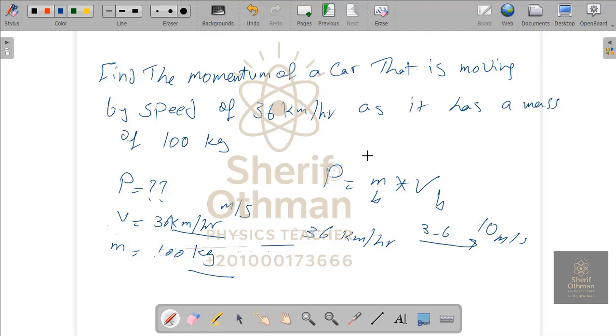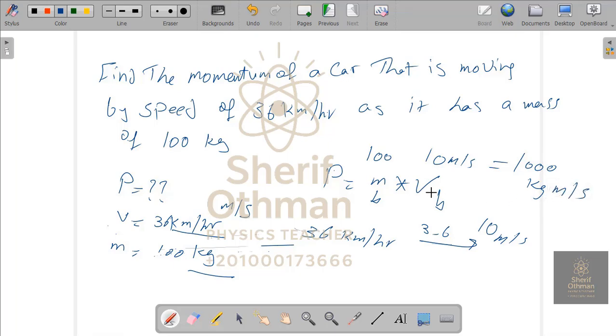Now we can multiply 10 meter per second by the mass of the object, which is 100 kilogram, to produce the result, which is 1000 kilogram